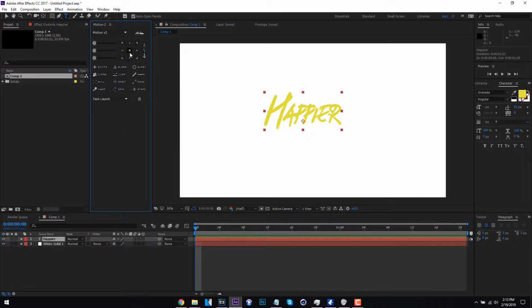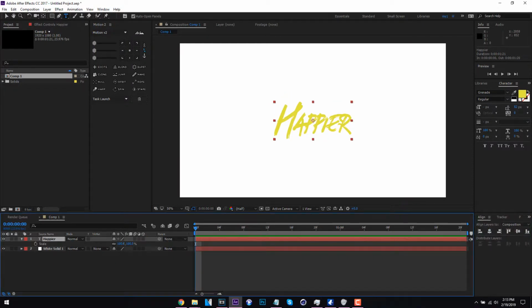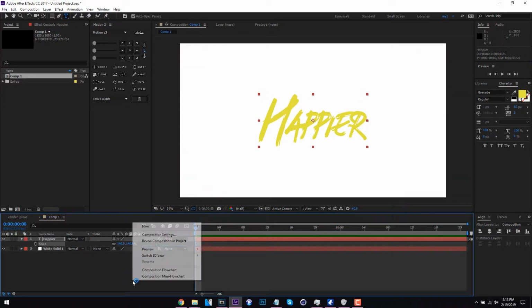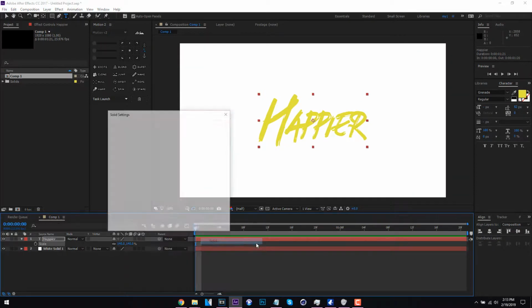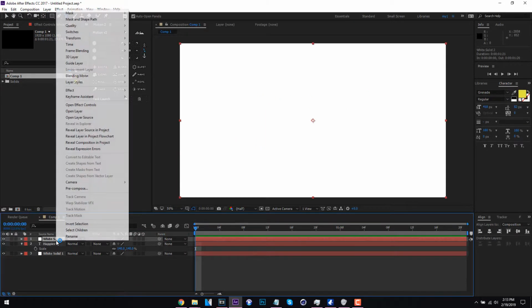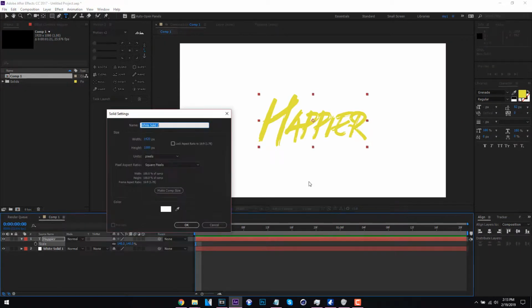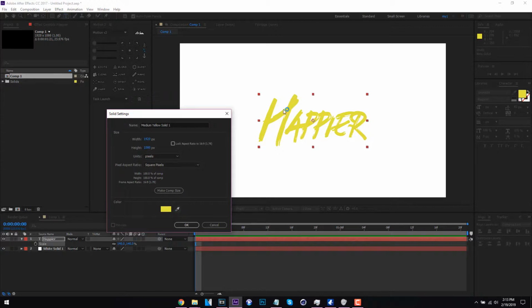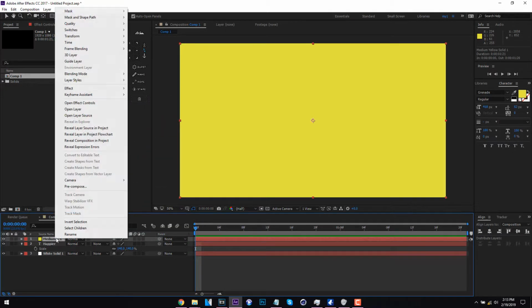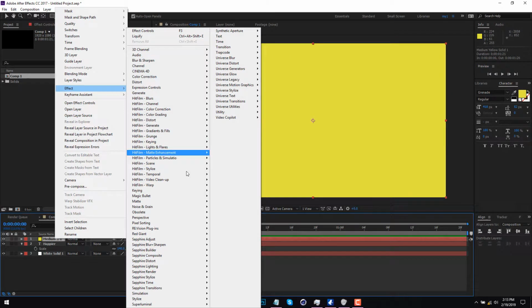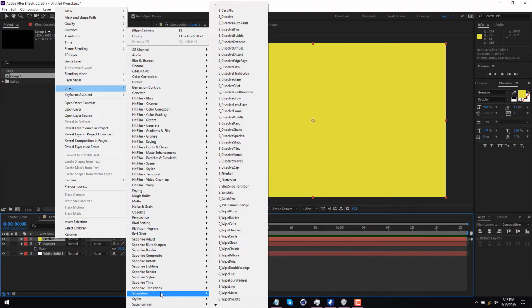Alright, so next, let me just center this. Scale it up a bit, just so we can see what's going on. Alright, so next I'm going to add a solid, and we will add, wait, hold on, not that solid. We're going to grab the color from the text, then make a solid. We're going to go to Effect, Simulation, I believe,